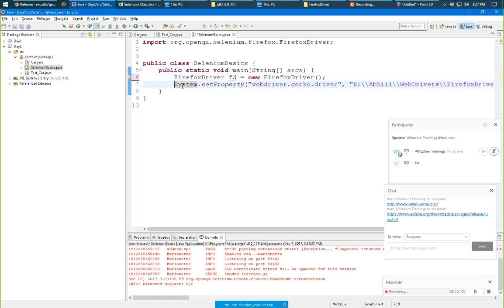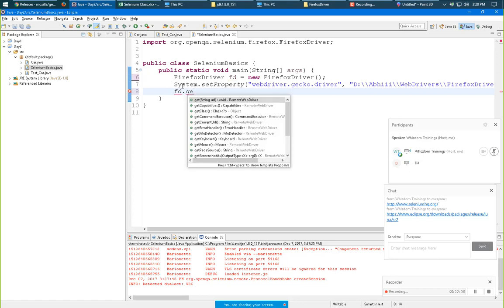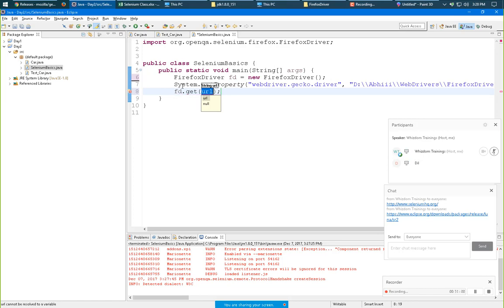So what if we want to open a website? To do that, what we can do is fd.get. fd is the object reference, and FirefoxDriver is the object. Now I can pass, say, http google.com.